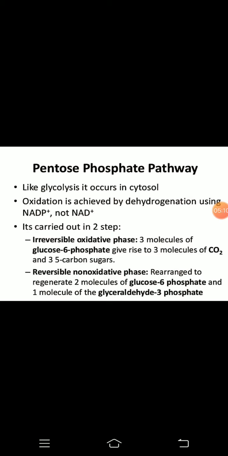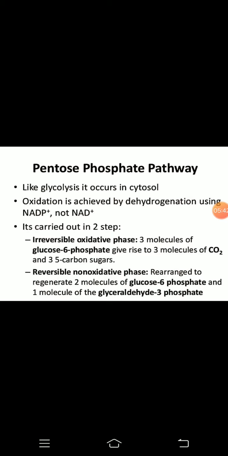So why does it do so? Because that glucose must not go again into the bloodstream. So the immediate formation of glucose 6 phosphate is done, and this glucose 6 phosphate has different fates: either it goes for the pentose phosphate pathway or it goes for glycolysis. So now we are seeing the pentose phosphate pathway. What is the starting material over here? Glucose 6 phosphate is the starting material.